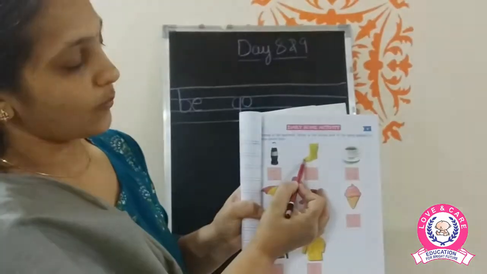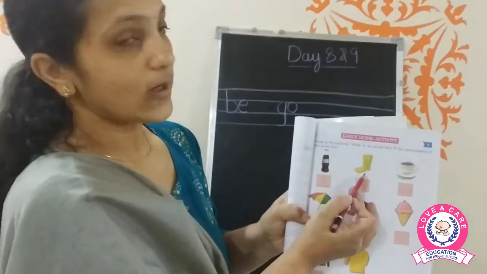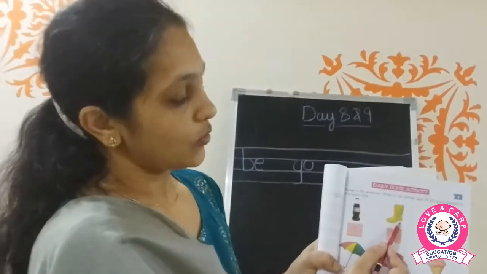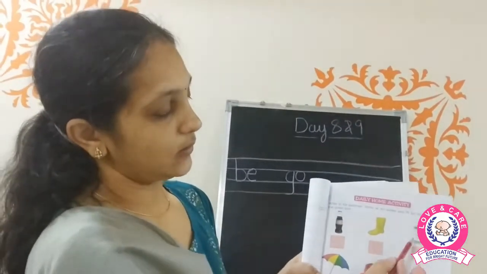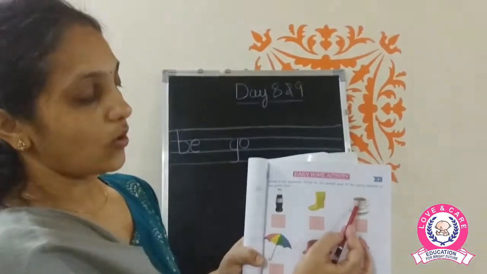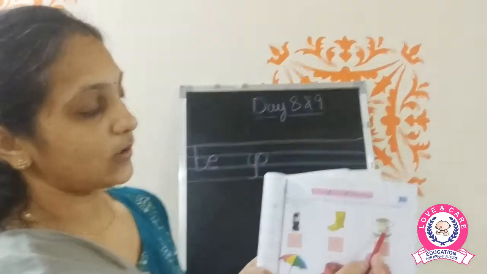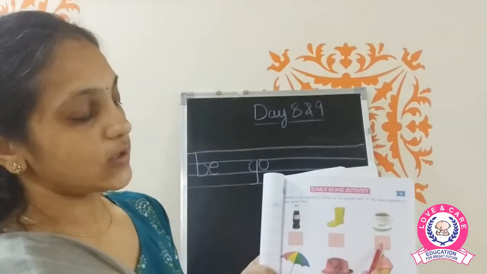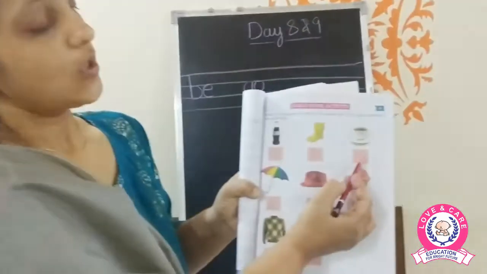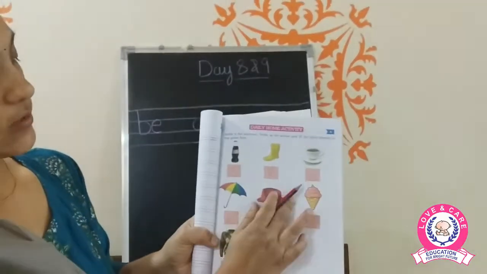Then the gumboots. We wear gumboots during the rainy season. Then is a cup of tea. So it is something that is hot. So when we like to drink something hot, that is during the winter season. जब बहुत ठंडी पड़ती है तो we like to have something that is hot. So we have to write the letter W for the winter season.